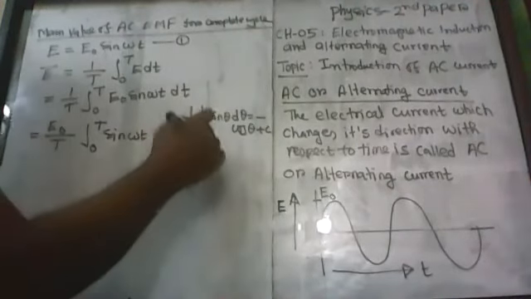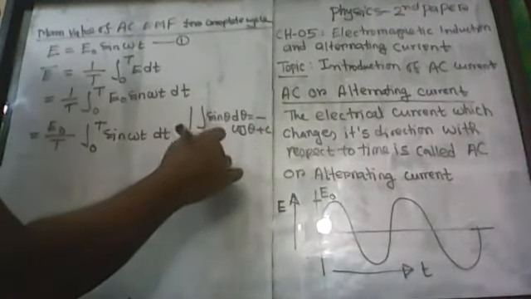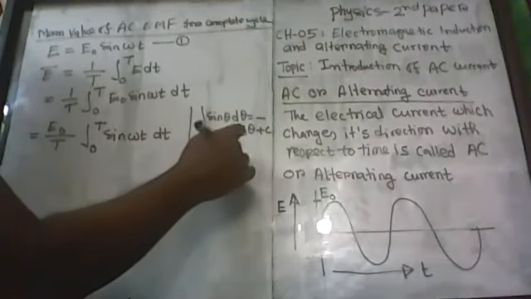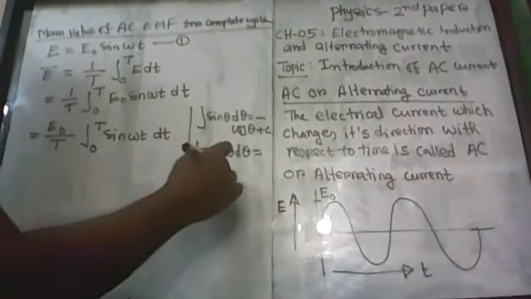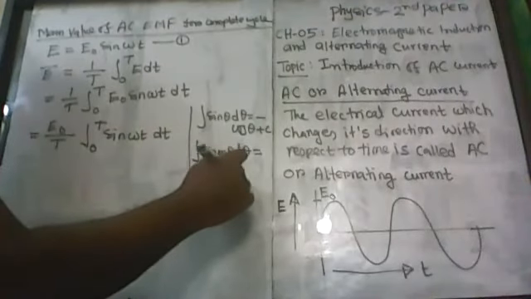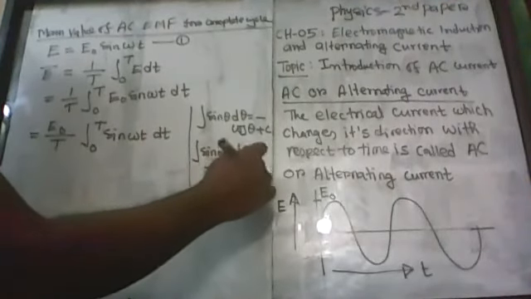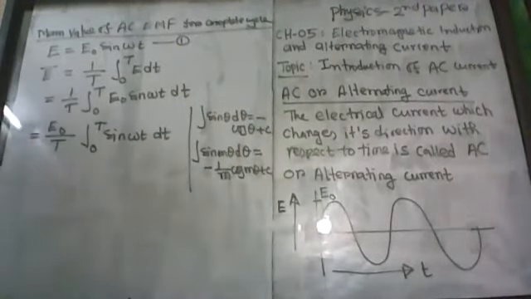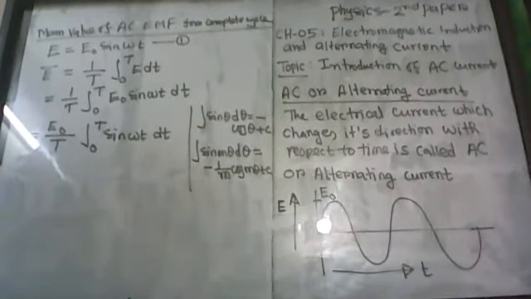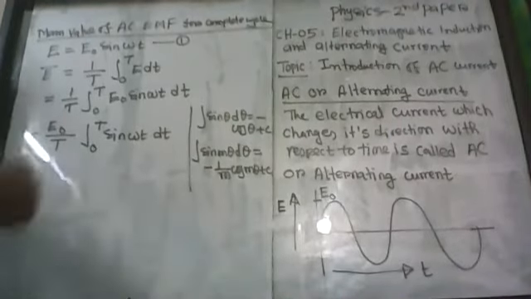You also know that the integration of sine m theta d theta equals minus 1 divided by m cos m theta plus c. These are integrations without limit. If I solve this integration by using limits,